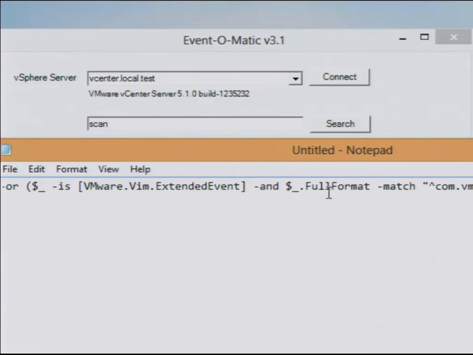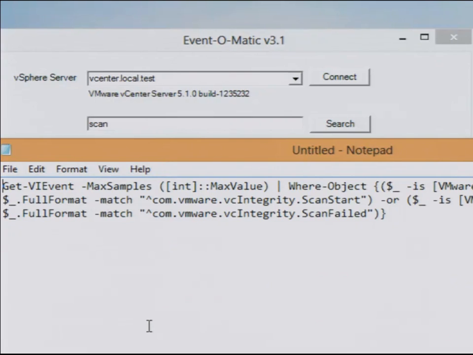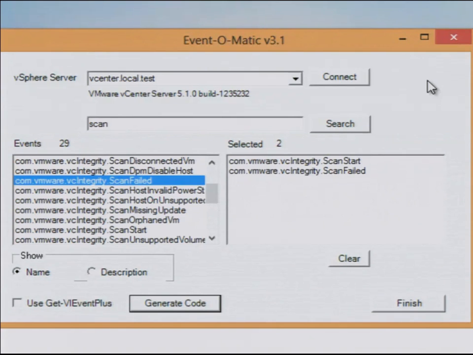So the line is quite long because there's a number of selection criteria in there. But as you can see, it became quite simple now to generate your getVI event commandlets with all the parameters required. And on top of that, we included the feature to do it via the much faster getVI event plus function. You just click that select box, do a new generate code,